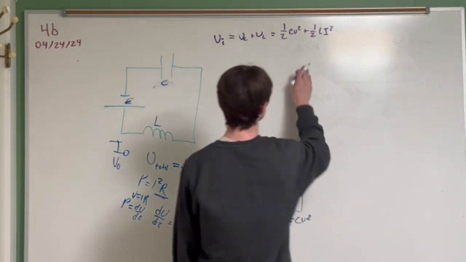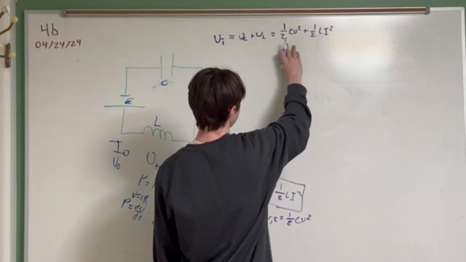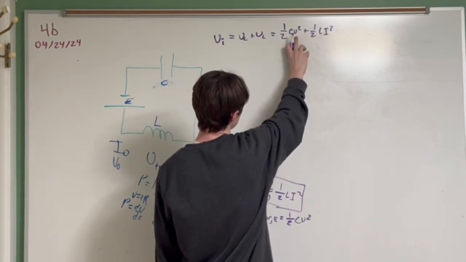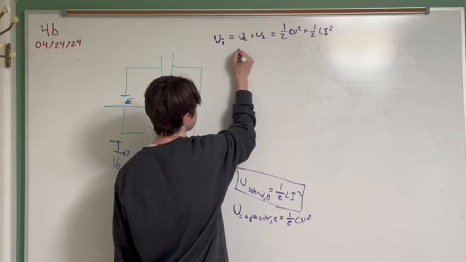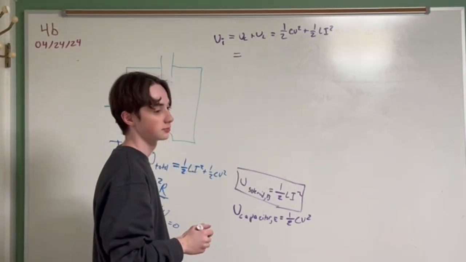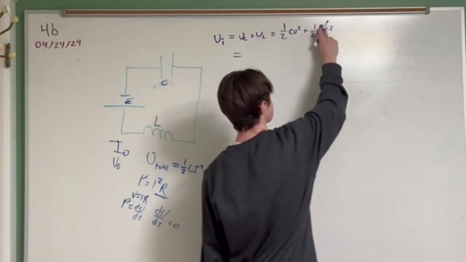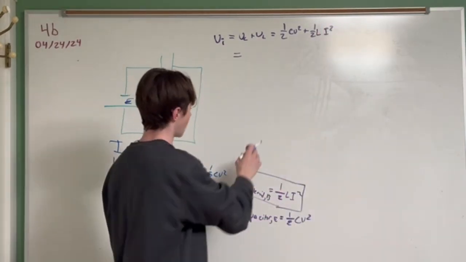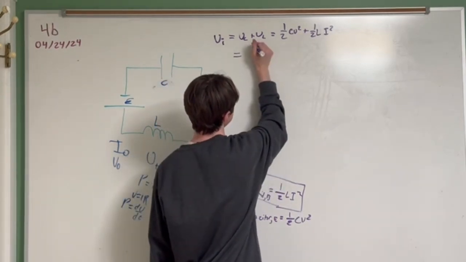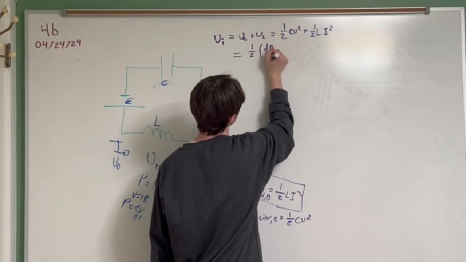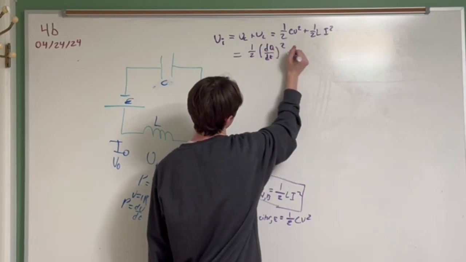So let's substitute some values in. Let's try to make this all fit with charge. So how do we change this into charge? Does either of you know? L is a constant, so it won't be very helpful. But I is dq over dt. I equals dq/dt, so 1/2 (dq/dt) squared plus,